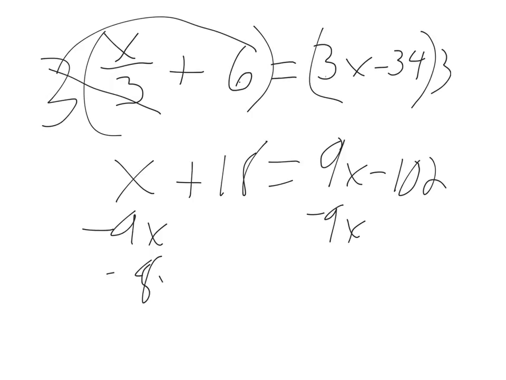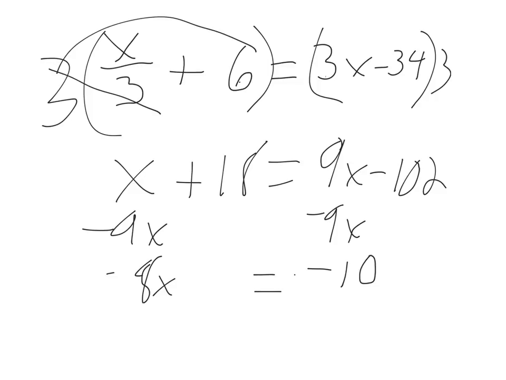Why? Because we don't see the number 1 here, but we understand that there's a 1 there because it's just x by itself. So that's why 9x minus 9x plus x gives you minus 8x. And then over here, that gets rid of it, and so now we only have the x on this side, and then we are left here with